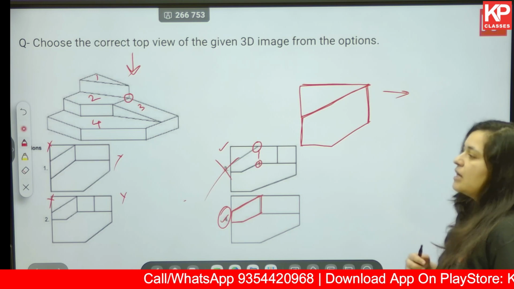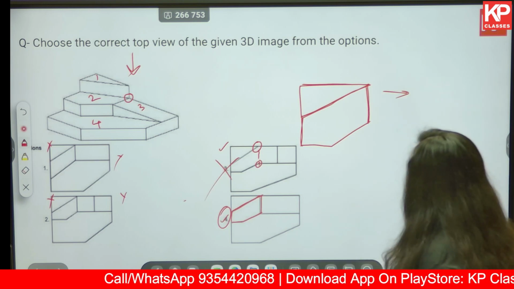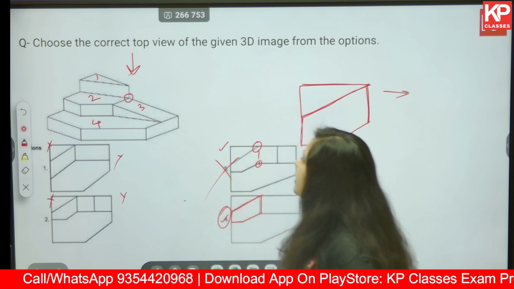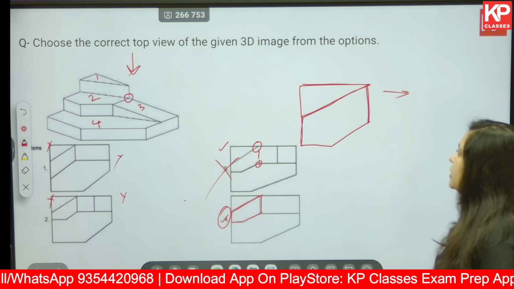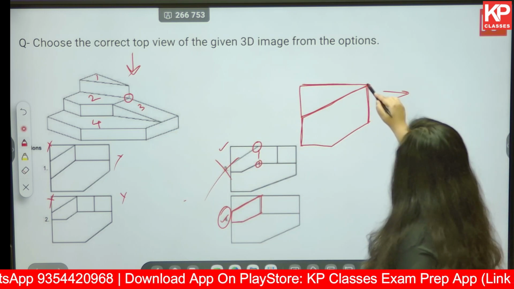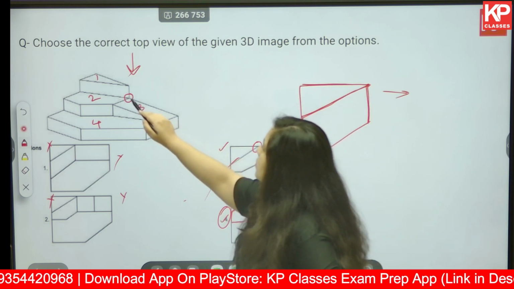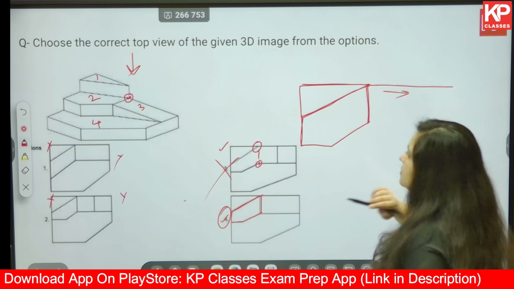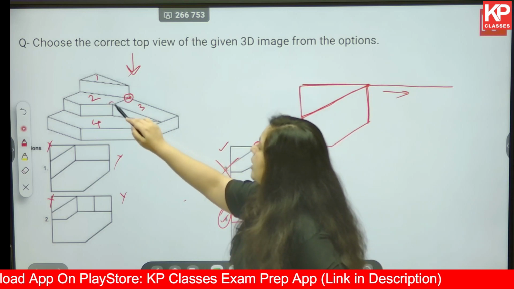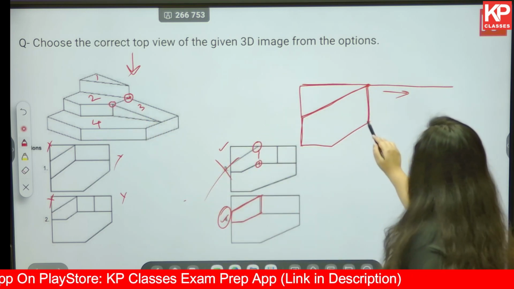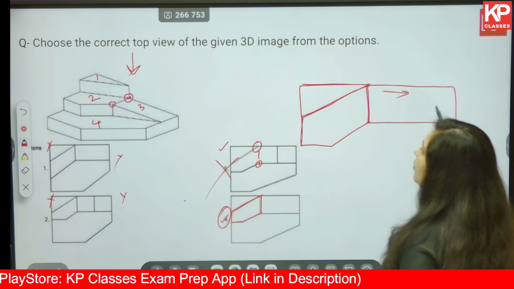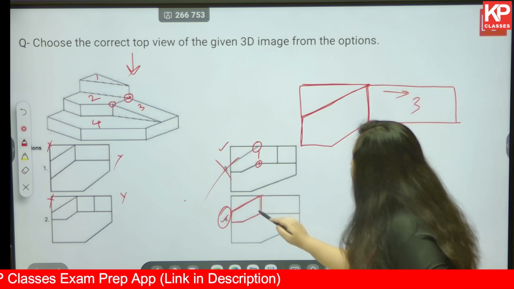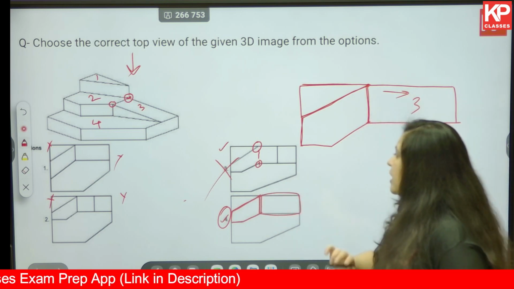But as discussed, let's check once again. Okay. Next one. 3 is going to look like a rectangle. Okay. The point where 1 and 2 join, your 3 starts. Okay. And another point where you have surface 2, you have the continuation of the third surface. So this is what it should look like. We have one rectangle over here, so again correct.